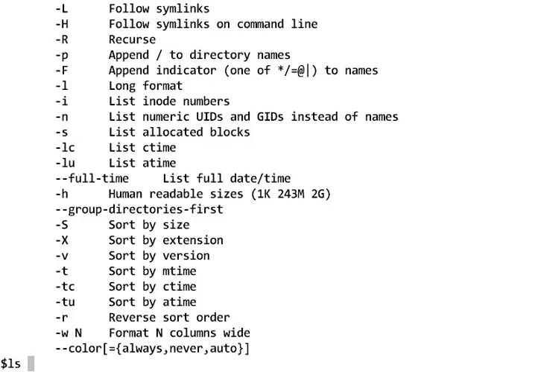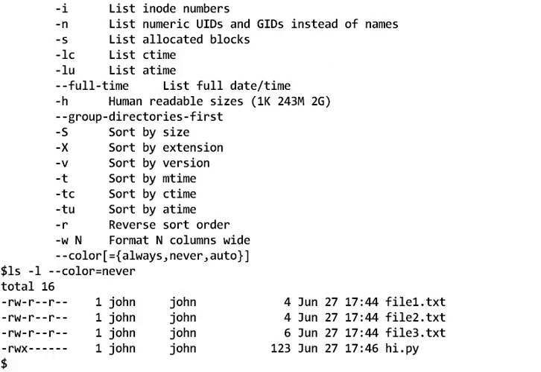So if we do ls -l --color=never, we get the black the way we'd like. In another video, I'll show you how to make that change stick, but for now, let's just start on